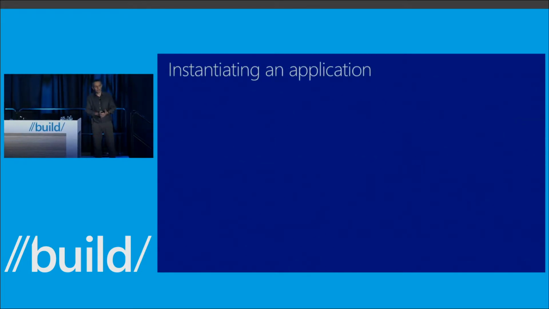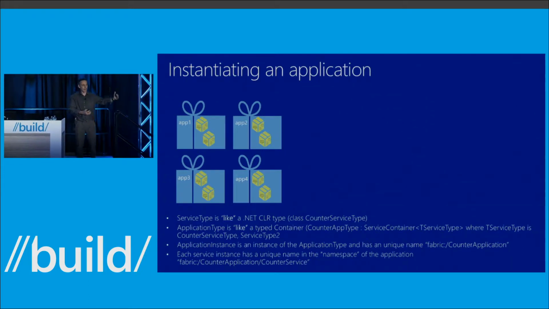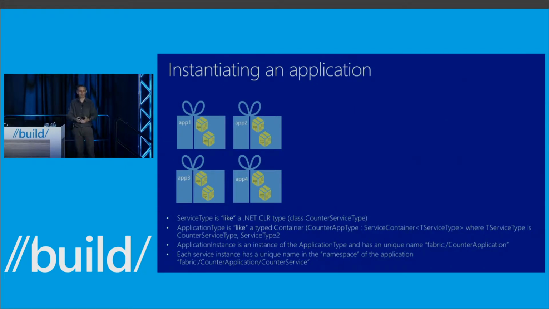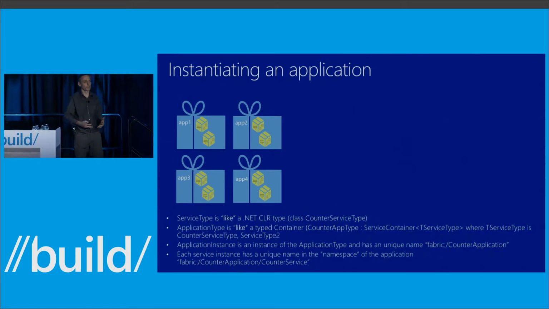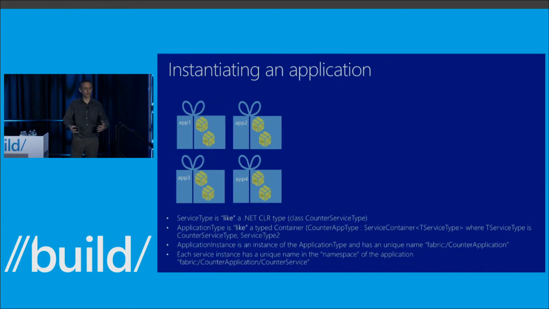So what do I do next? I've defined these types, and I upload them into Service Fabric. We have inside there a service called the image store, where we hold on to all these package types. And what you can do now is take these package types and create instances of them. So remember, it's straightforward. A service type is like a CLR type, and an application package is a container for multiple of those service types. And now, just as you think in terms of object orientation, we create instances of these things. I can create an instance of an application type, and inside that instance of that application type, we create instances of the service types that it contains.